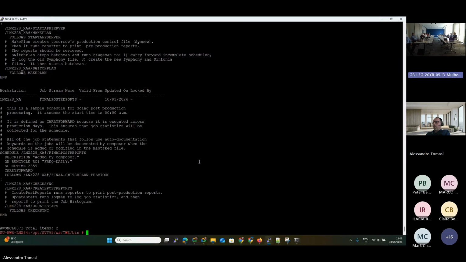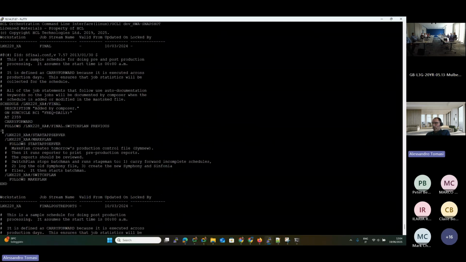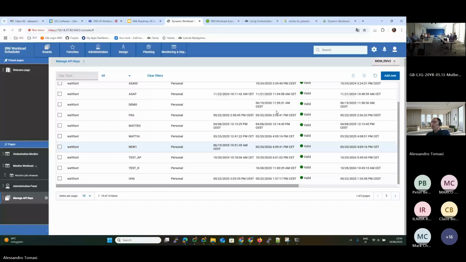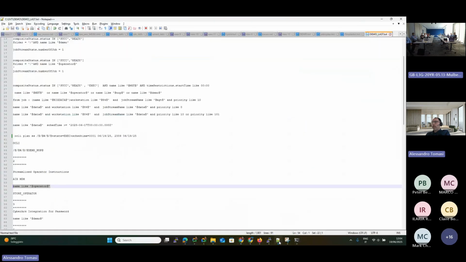It's the default way that you usually see the object. For example, this is the final one with the plan. So with the two, you can use this very powerful combination of query. After this, I can show the part of